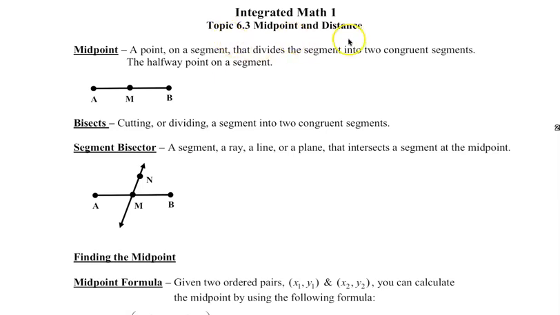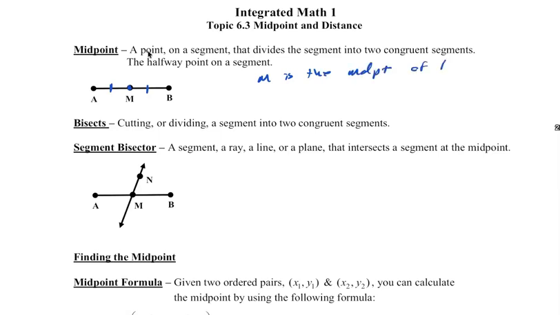In this lesson, we're going to talk about midpoint and distance. Midpoint is a point on the segment right here that cuts it in half. So it means that these two sides are congruent or equal. So if that's the midpoint, then this side is equal to this side. So you could say M is the midpoint